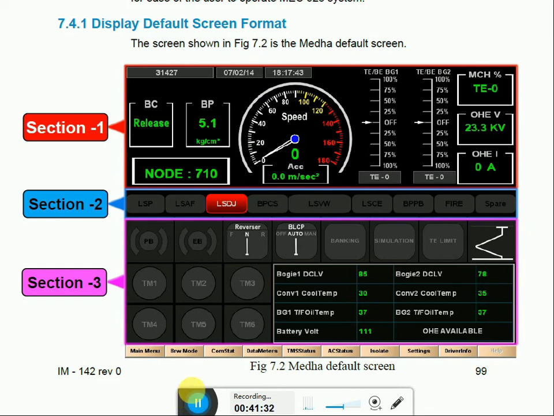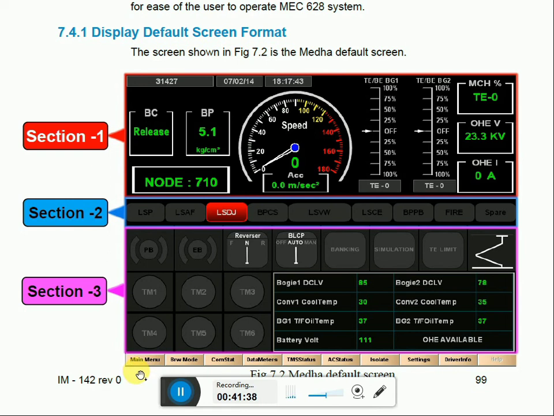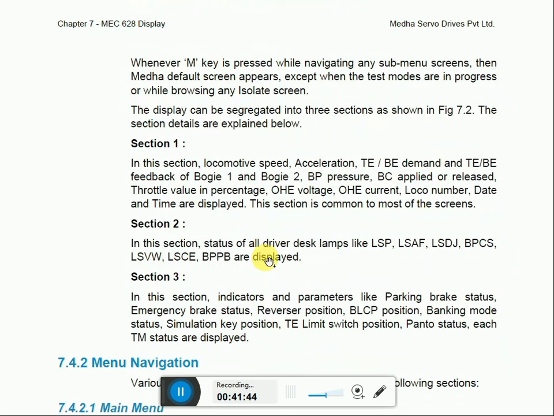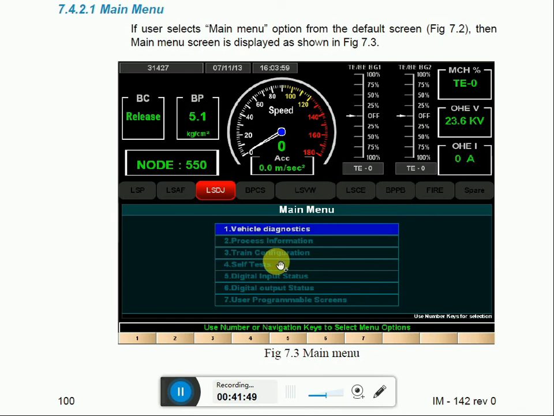So if you operate main menu key, navigation keys, we'll get 7 icons, 7 things we can see from main menu: vehicle diagnostic, process information, train configuration, self test, digital input status, digital output status, and user programmable screens.